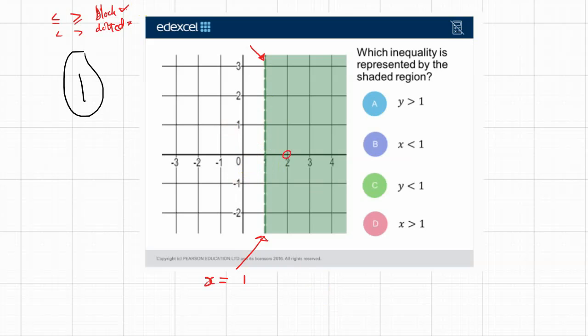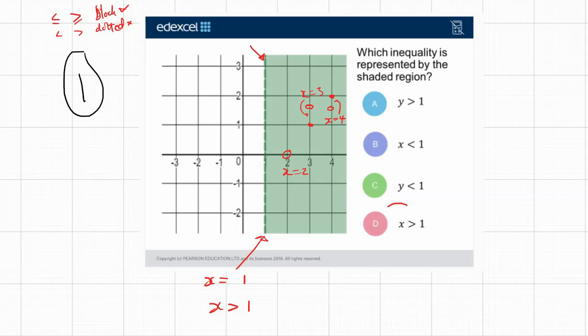The x value here is 2. The x value here is 3. The x value here is 4. I've just picked some random coordinates. Well, these ones weren't really on. I could have been a bit better and picked points like this. So if x equals 2, x equals 3, and x equals 4 all satisfy this, then we're going to say x is greater than